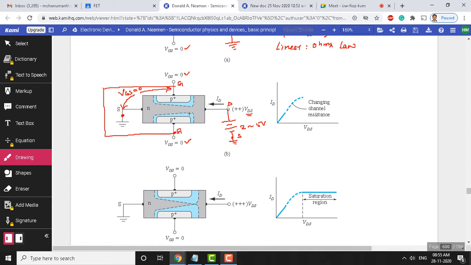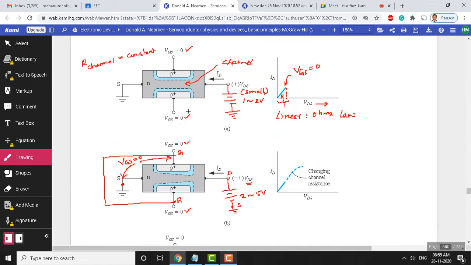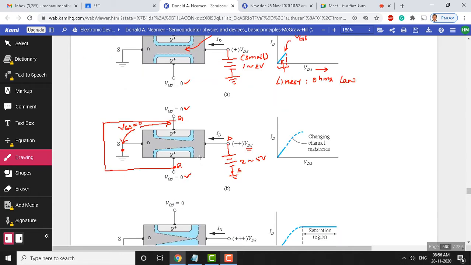What may be the reason for the increase in the depletion region? Anybody has an answer for this? The depletion region is not a constant. The moment you keep raising the drain source voltage, you see changes in the depletion region specifically towards the drain side. You don't see that on the source side, which is almost the same as before. The depletion region has not changed towards the source side, but there is an increase in the depletion region towards the drain side. Any answers you have for this?